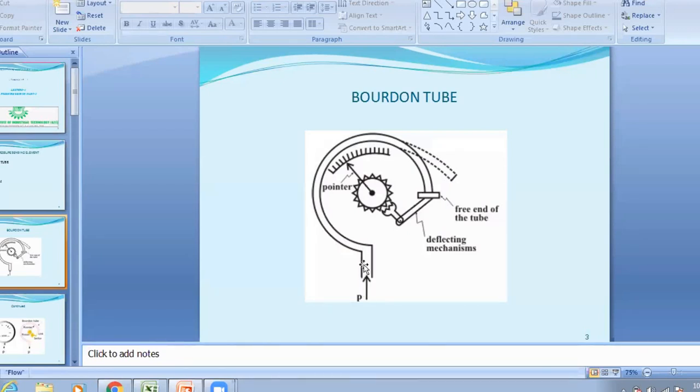Second condition: when the pressure is applied, what will happen? Pressure enters into the tube, and the tube tries to straighten up, because initially the cross section of this tube is